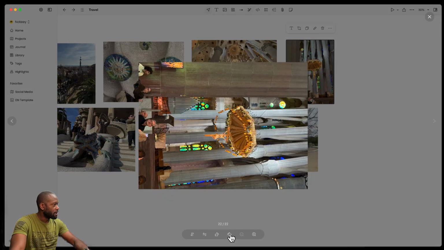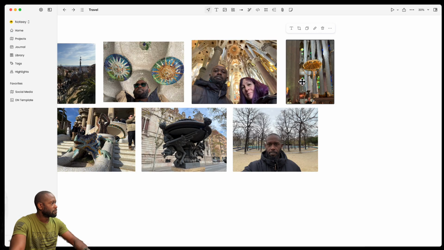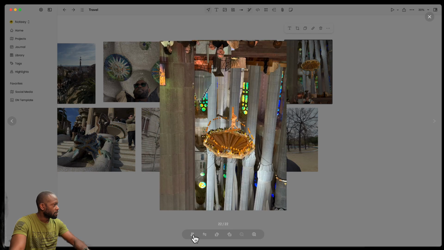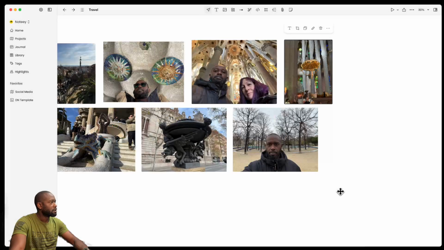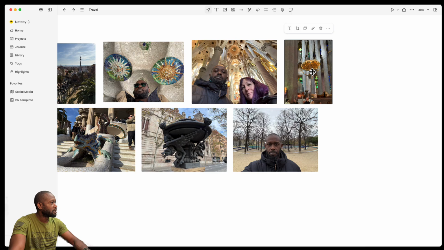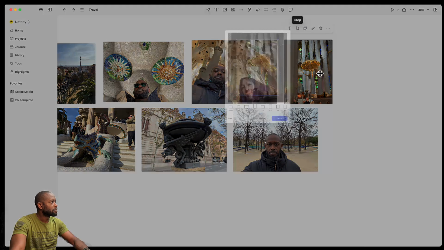I'm not sure why. Here, if I do an enter, and no, nope. I'm curious as to what these are. Oh, okay, these are just flipping. Alright, so neither of those work now, but I should be able to come in here and let's go crop